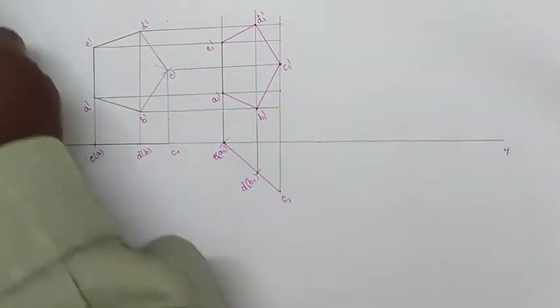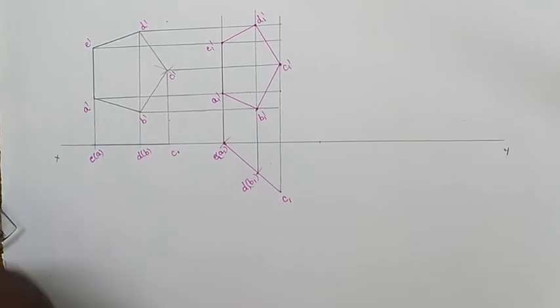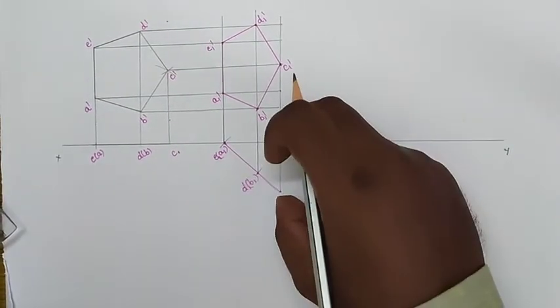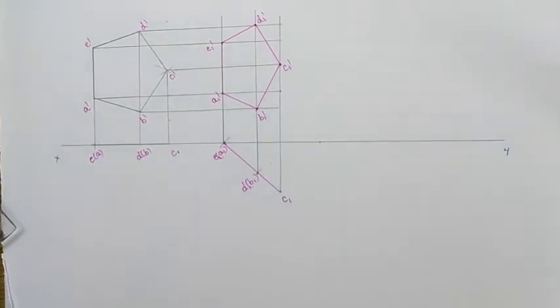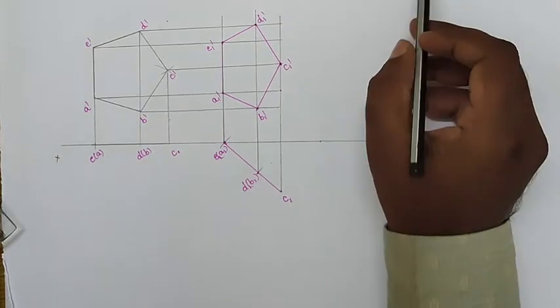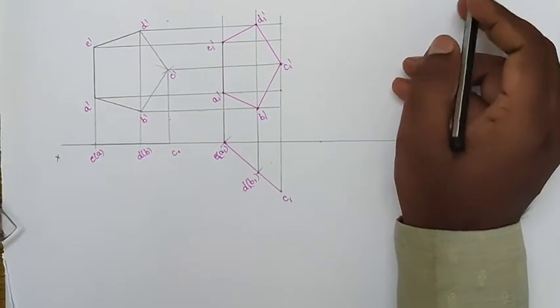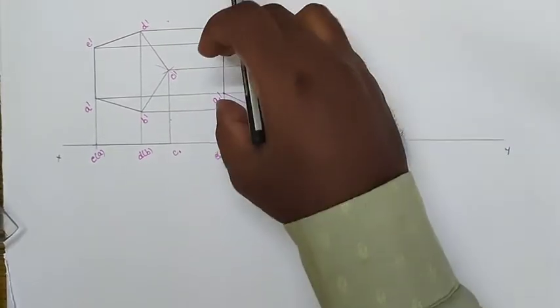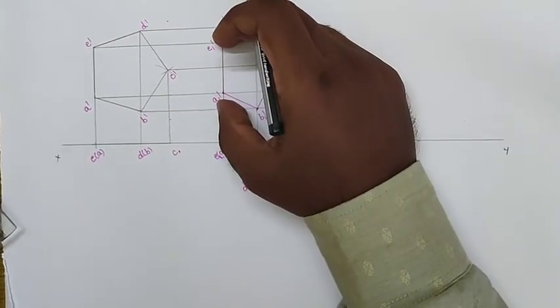After drawing the second front view, this inclination they are not giving, but they are giving the dimension of the corner, 30 mm in front of the VP. Now we will go into the side inclination. They are giving the side inclination is 30 degrees to the HP. So what side can you take here? The A1 dash and E1 dash side.